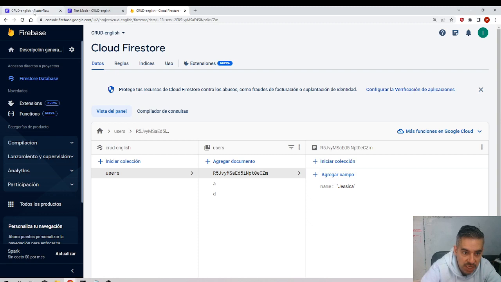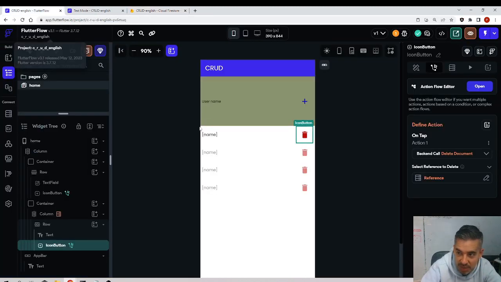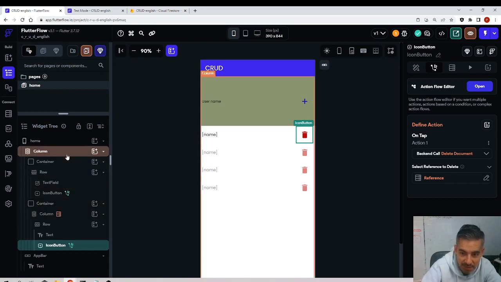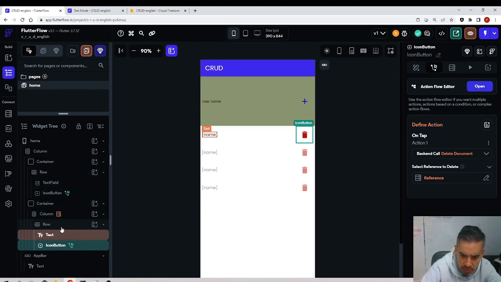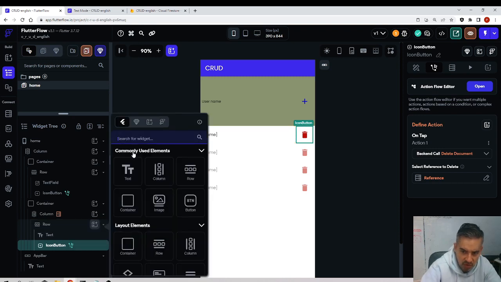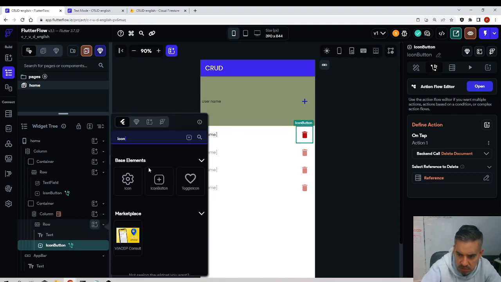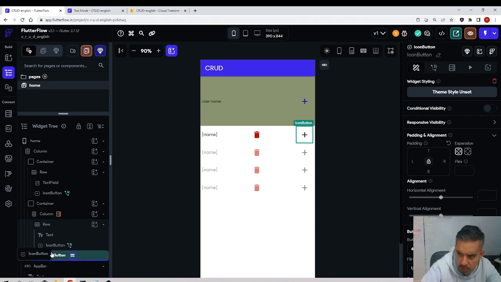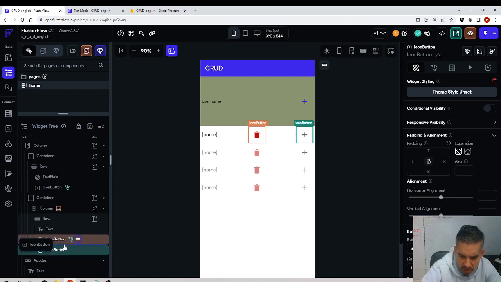Let's go now for the last one, which is the update. That is a bit more complicated. Not a lot more complicated, but a little bit. And to achieve that, we need another button. So I will click here, another icon button, right? I will put it before, so I will change the position by selecting and dragging. And this button will be